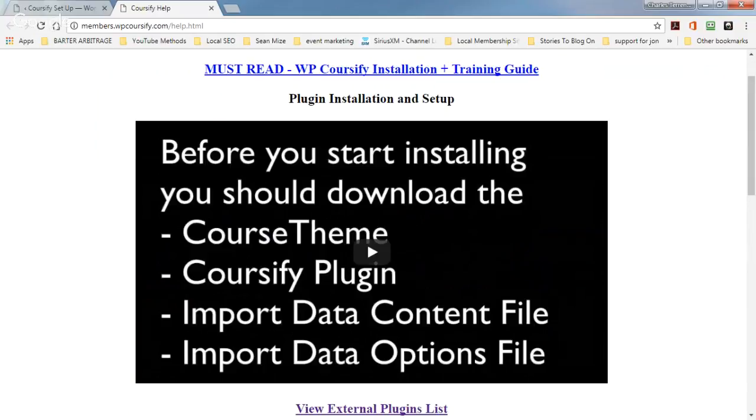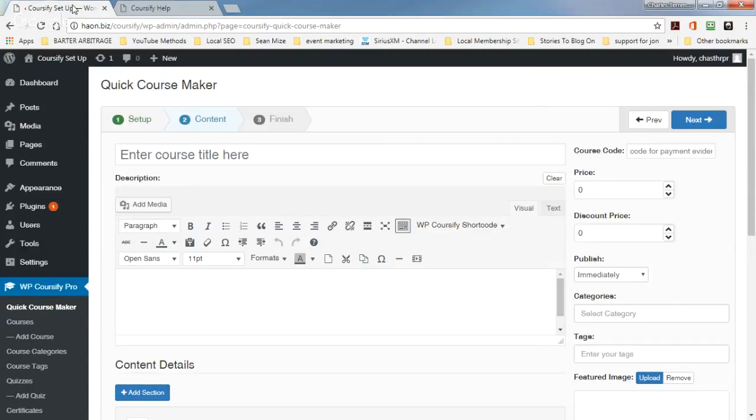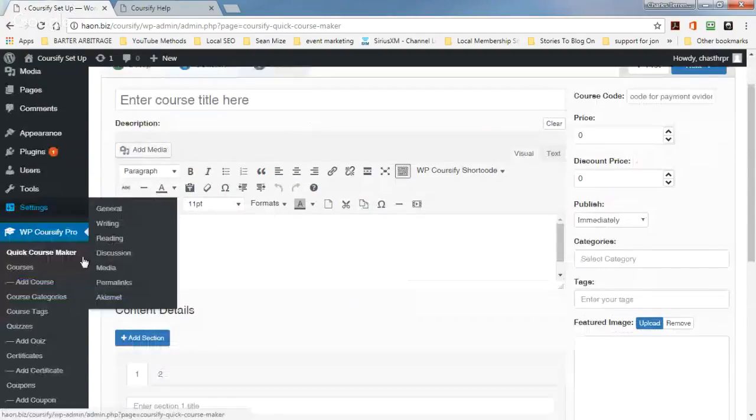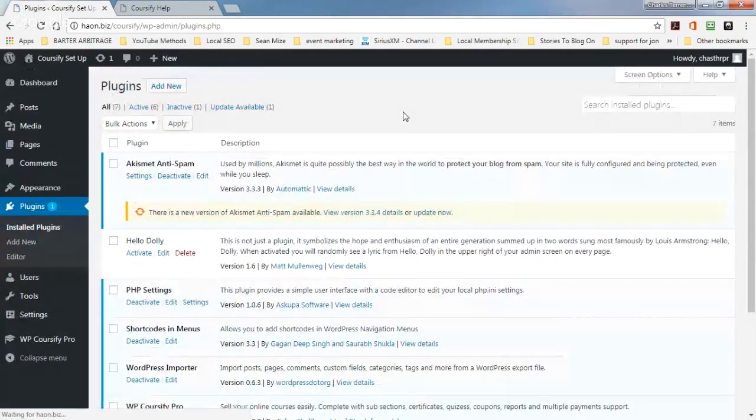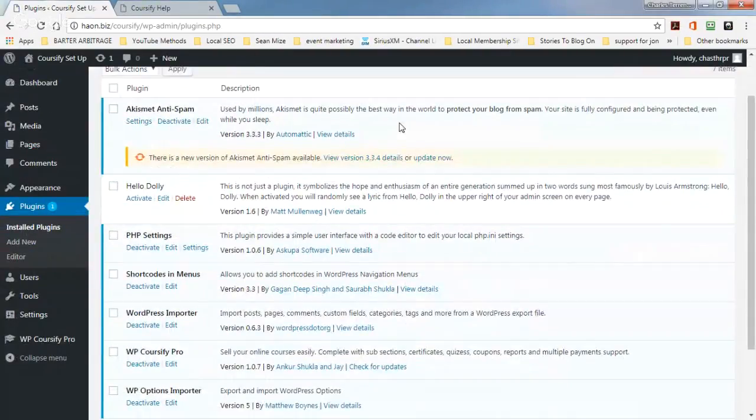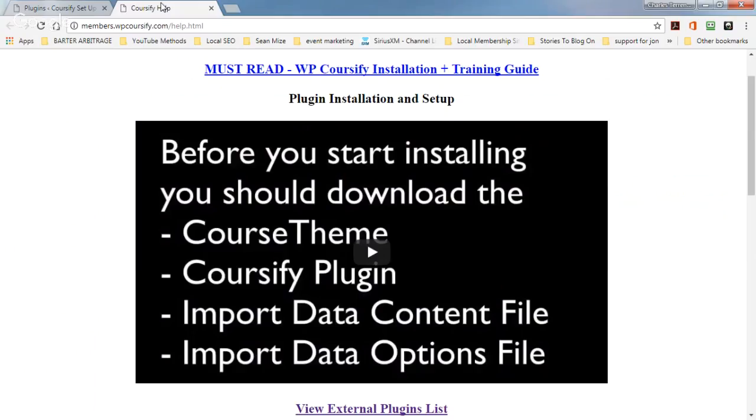So the first thing is that in the setup, he recommends when you're installing that you do something called the multi-plugin installer, right? The multi-plugin installer. And I could not find that plugin, and when I did find it, it was no longer downloadable. So you can no longer download that particular plugin. So what you're going to have to do is get each of the plugins that he is suggesting, and